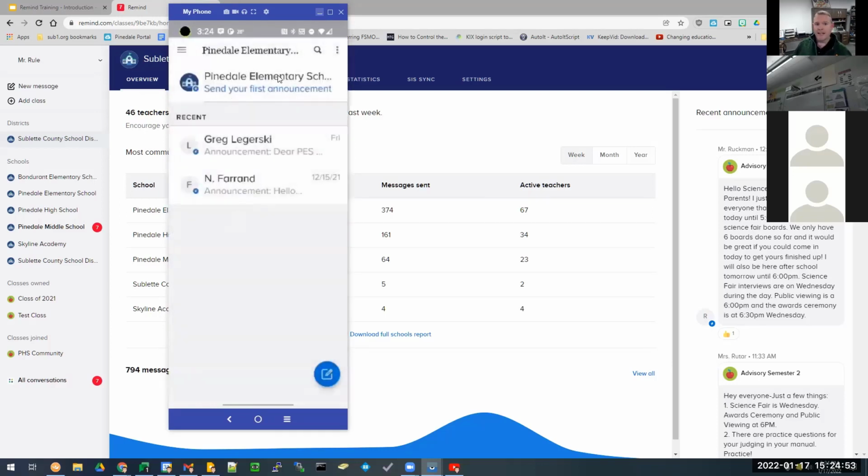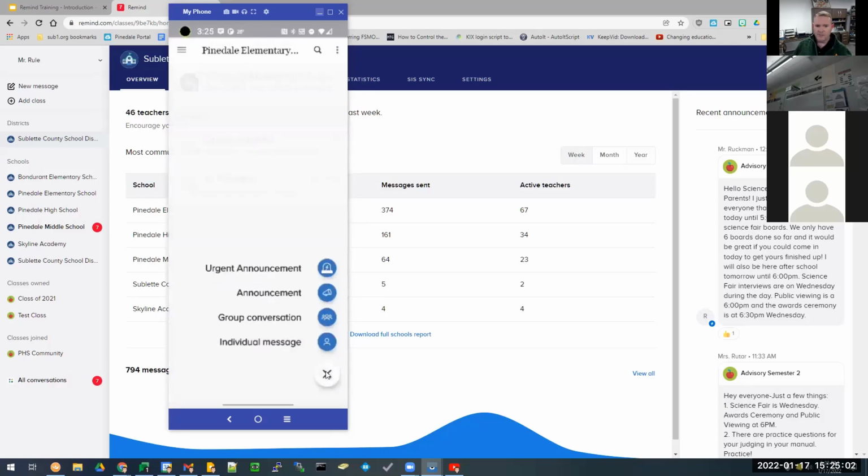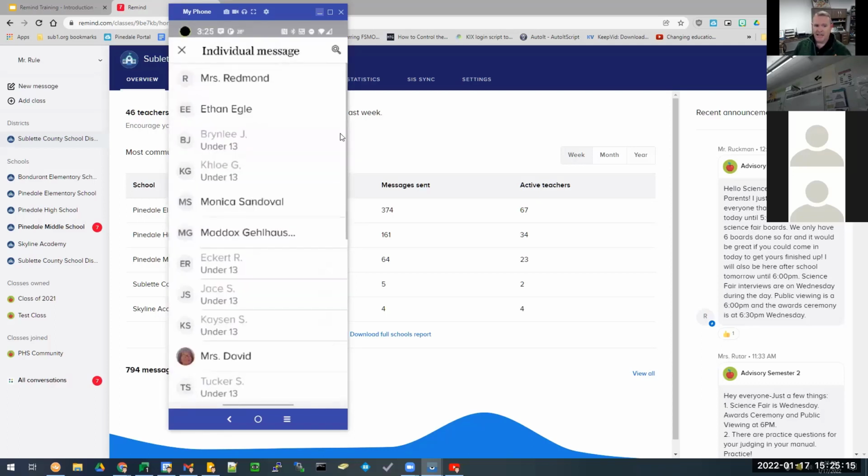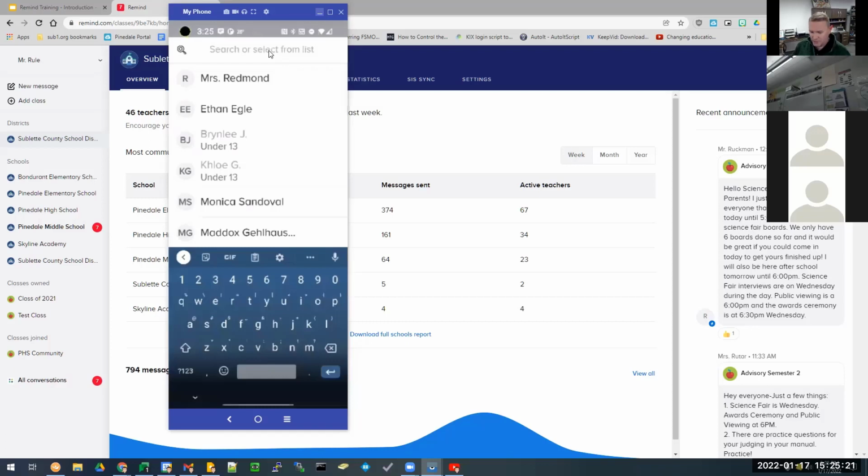But I'll go to the elementary school here, and you can see I have some, because I'm an administrator, I can see some of the announcements, but it's very easy. You just click this new message button here and you pick what kind of announcement, whether it's an urgent announcement, a regular announcement, a group conversation, or an individual message. And you can treat this kind of like a chat engine. I could say I want to do an individual message and I'm going to search for a user, and I could put in